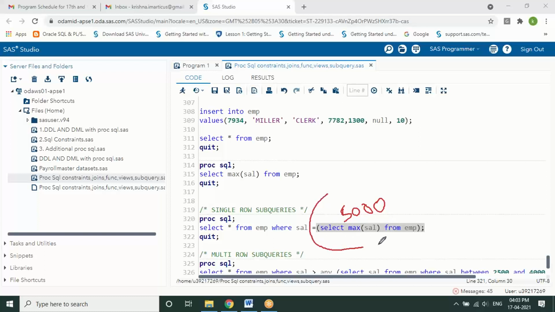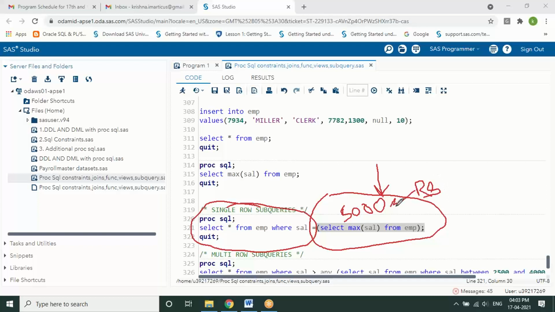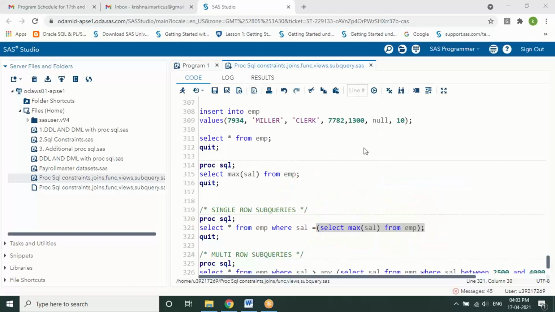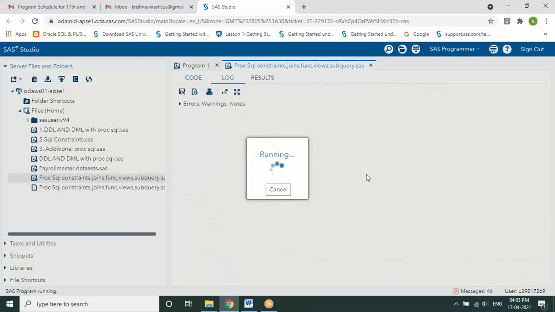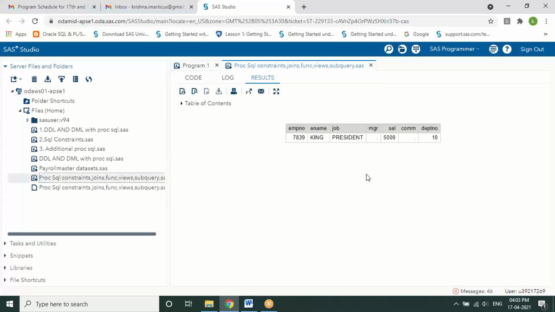This one we call the inner query. This one we call the outer query, where the inner query is executed first and we create a result set. Upon this result set, we execute the outer query so that we can achieve this kind of result based on the requirement for finding certain values. So that is the need we have for a subquery, a query within a query.